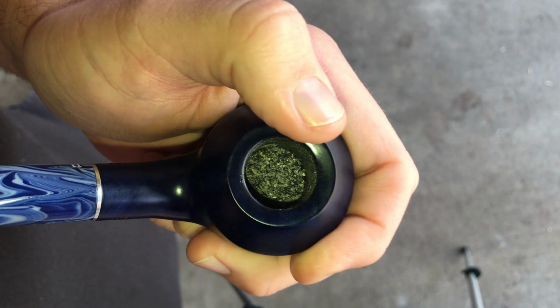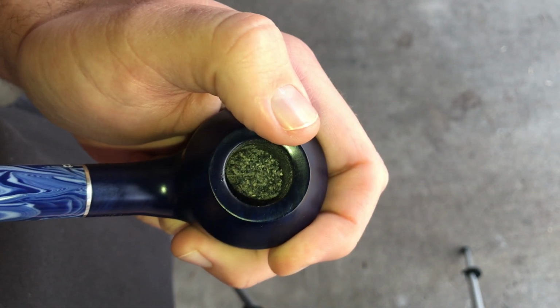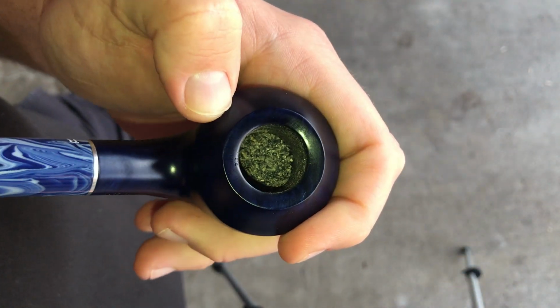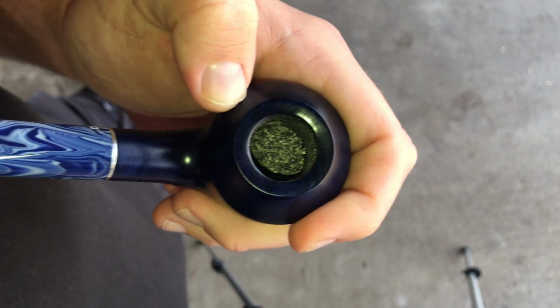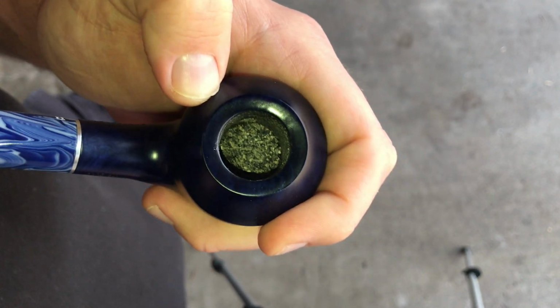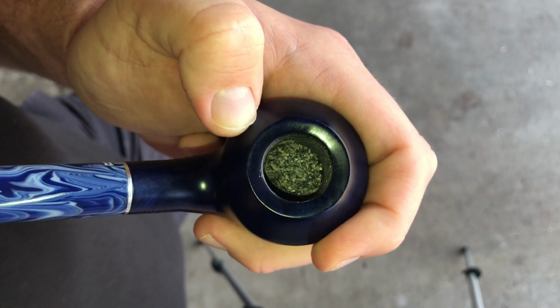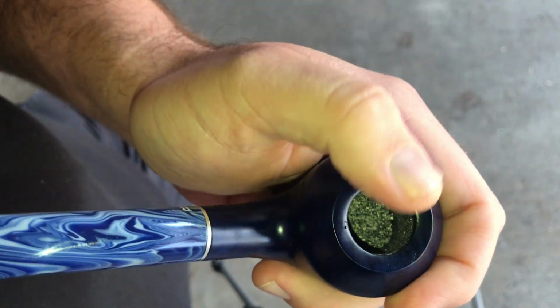And that is, when you tamp your ashes and your pipe's not smoking very much, not burning too well, I want to show you a quick tip to avoid having to relight a lot of the time. You'll find quite often you don't necessarily need to relight, you just need to puff your pipe up. The problem is,